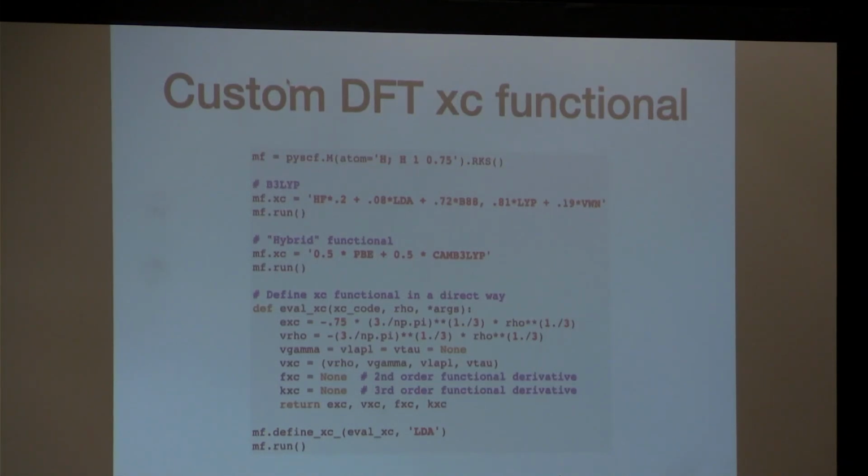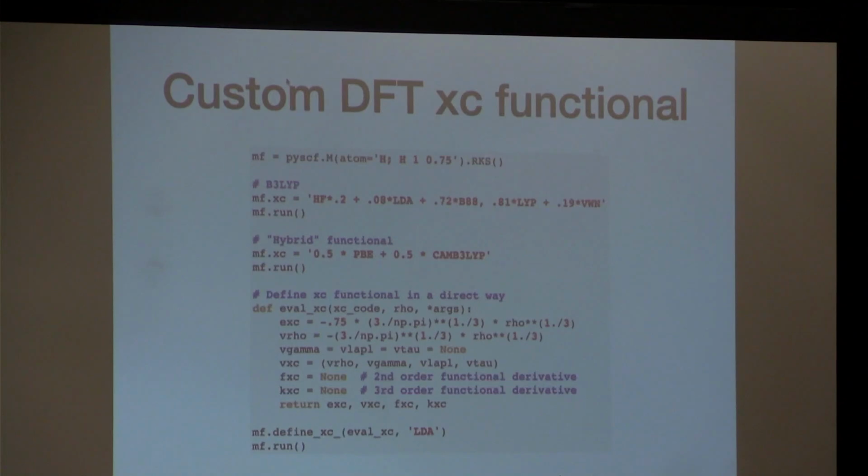For example, you can do a very simple definition of the exchange correlation functional. One famous exchange correlation functional is B3LYP. In this case, you can just explicitly write down the B3LYP expression and let the PySCF package automatically resolve the dependence and the explicit form of the